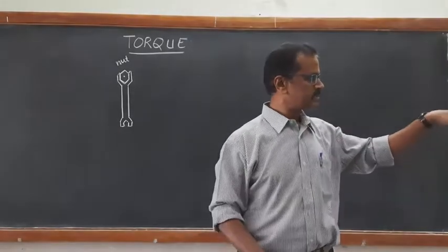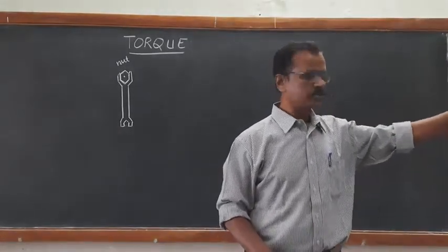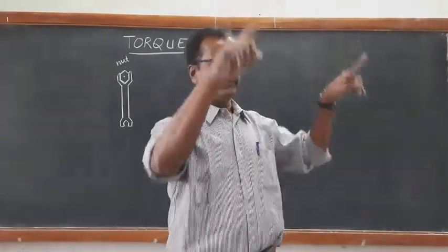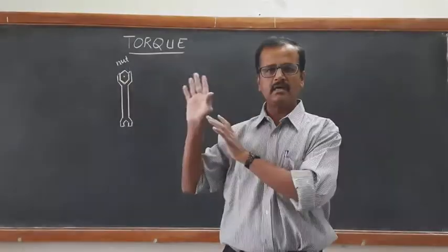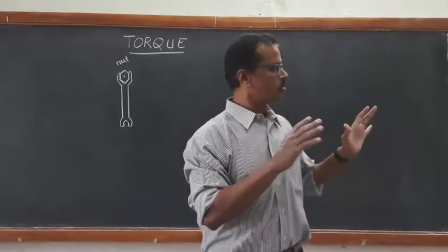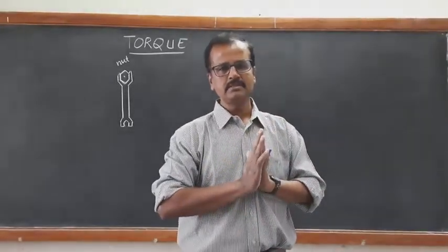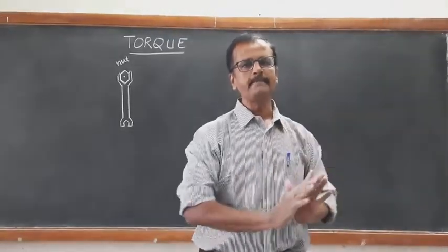The door is fixed at one particular position, at the edges. At the frames, the door is fixed. Similarly, at the frames, the window doors are fixed. If these doors are not fixed and you just apply force, then what happens? The doors are going to fall. The doors tend to undergo linear motion.